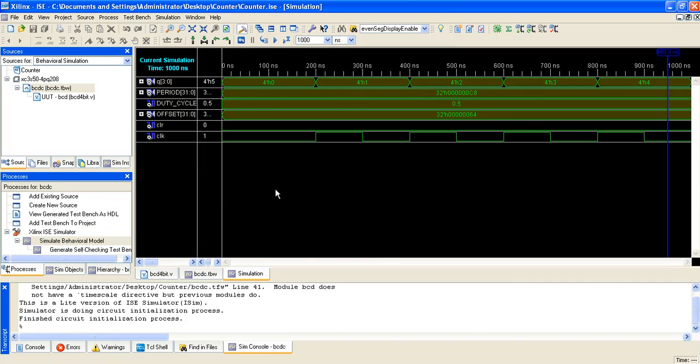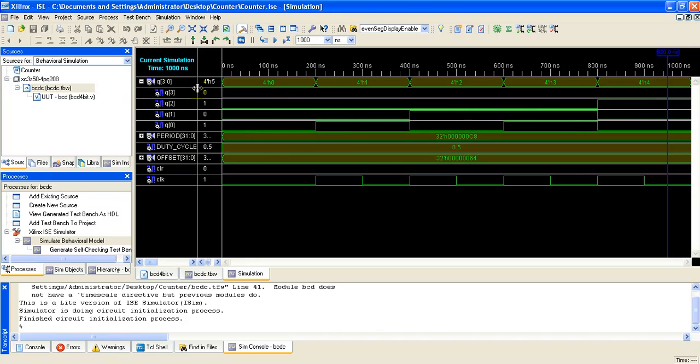Here you get the output window, or simulation window, wherein the last row is the clock input, the second row is the clear input, and the output rows are Q0, Q1, Q2 and Q3. You can use this scale wherever you want to see the particular output for a particular clock.